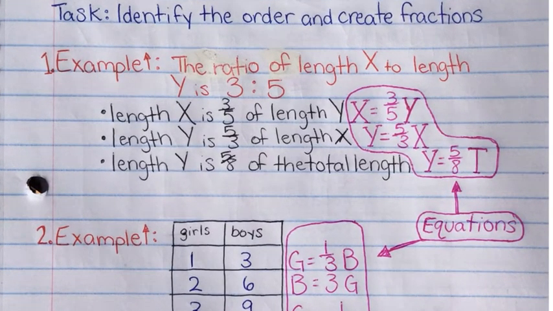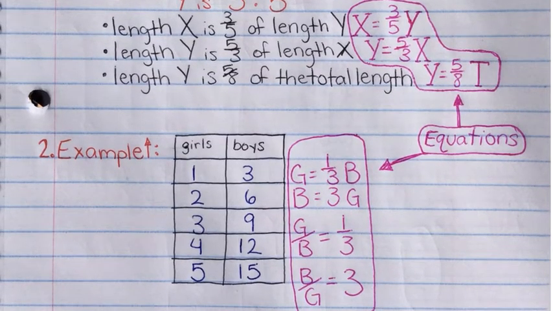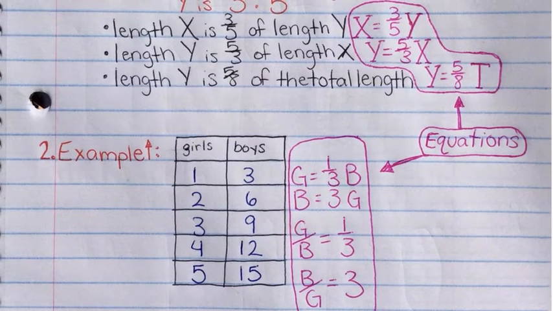Now, I'm going to show you this now and explain to you how it can be very, very easy in just a moment when we look down at the bottom of our page. But each of these sentences, length x is 3/5 of length y, can be expressed as an equation. So this is the corresponding equation to our first sentence. X is 3/5 of y. And we see that same principle here. If we are looking at the length,